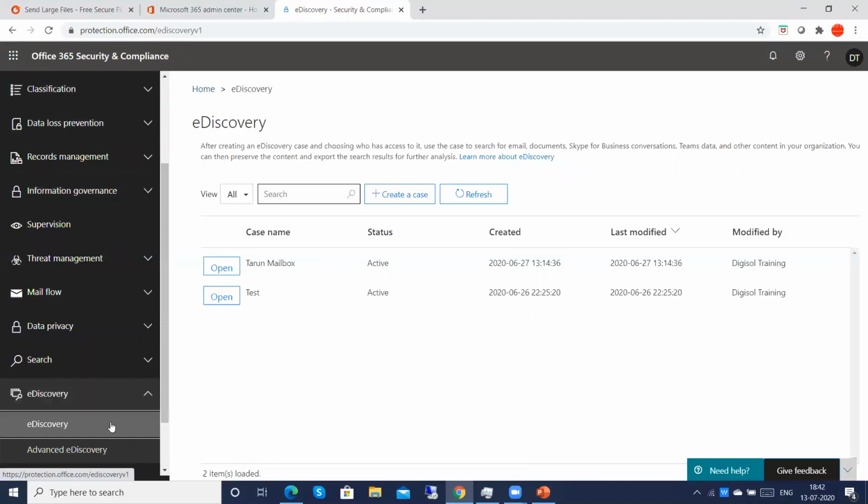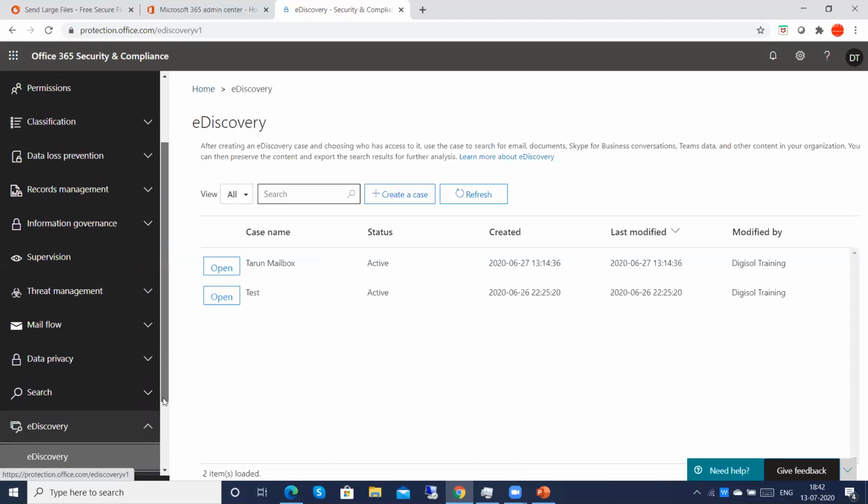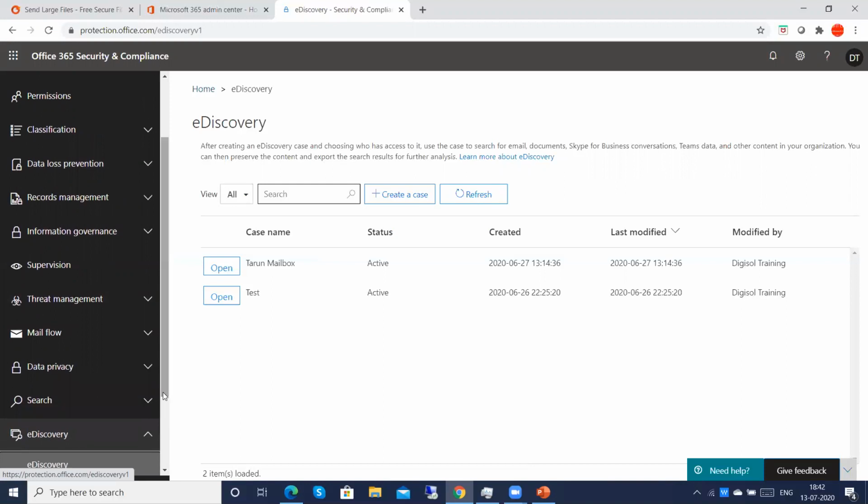Underneath you can see e-discovery. So this is the e-discovery. If you want to create an e-discovery case for any specific mailbox, first we have to create a case. You can see here, after creating an e-discovery case and choosing who has access to it, use the case to search for email, documents, Skype conversations, Teams data, and other content in your organization.